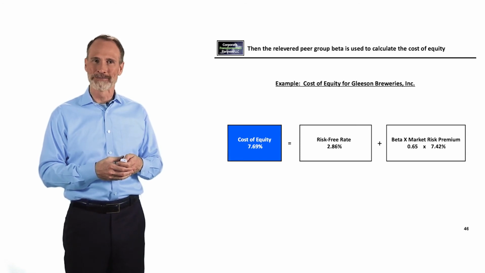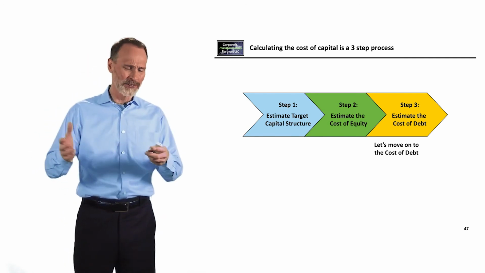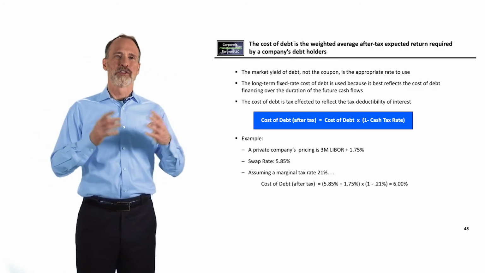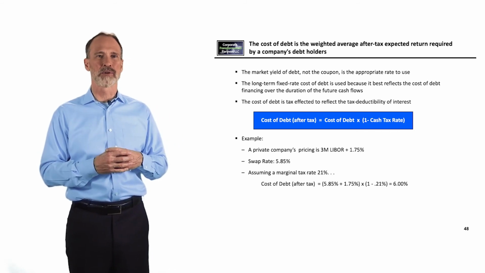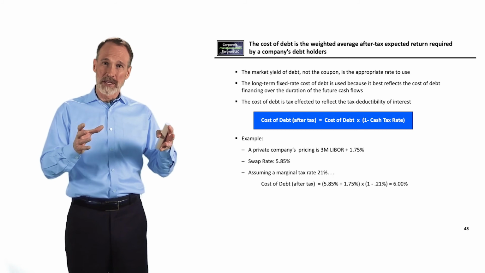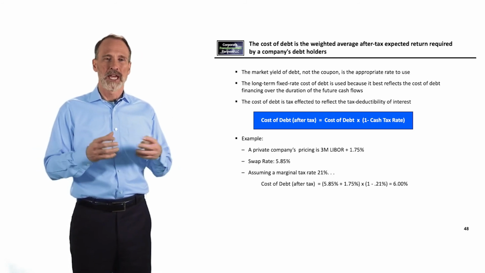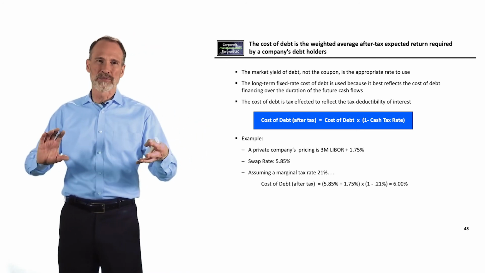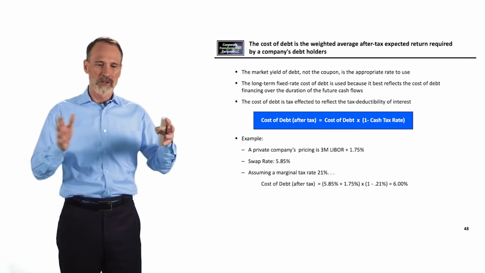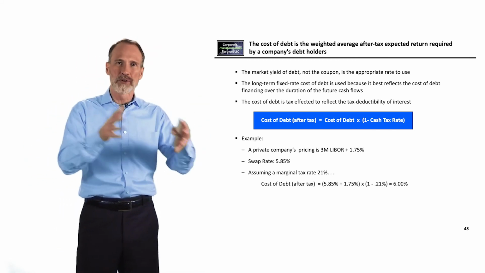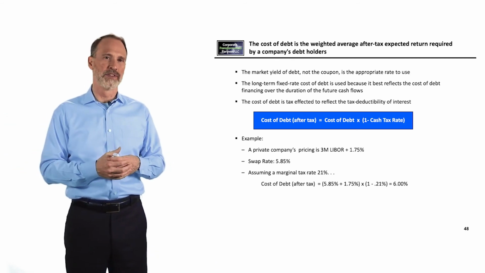Just that simple, huh? All right, well, let's move on to the cost of debt. Cost of debt truly is much more simple. The cost of debt is the weighted average after-tax expected return required by a company's debt holders. The market value of debt is something that you want to focus on rather than the book value wherever possible. And you want to use a long-term fixed rate, even if there's swaps or the pricing is based on LIBOR,